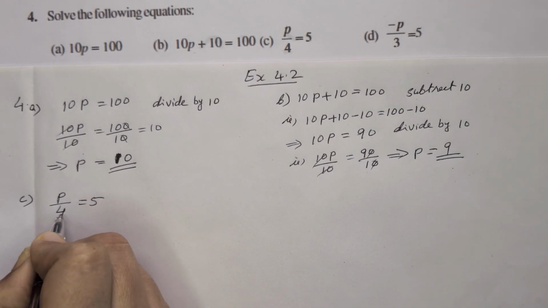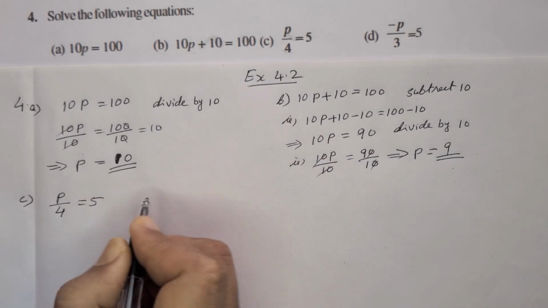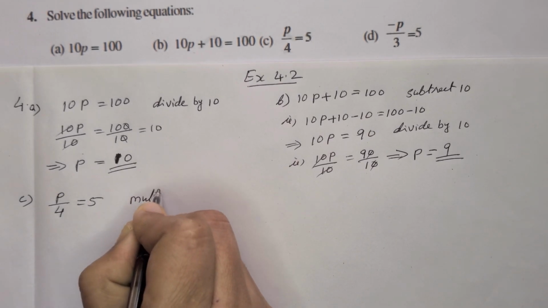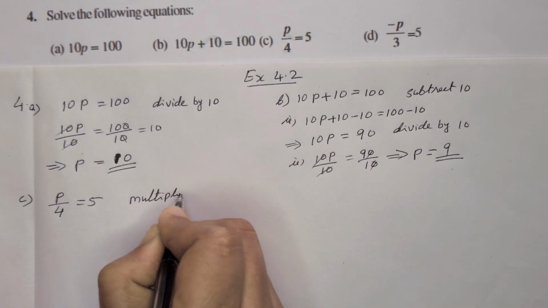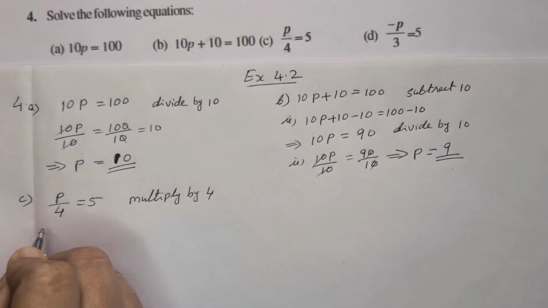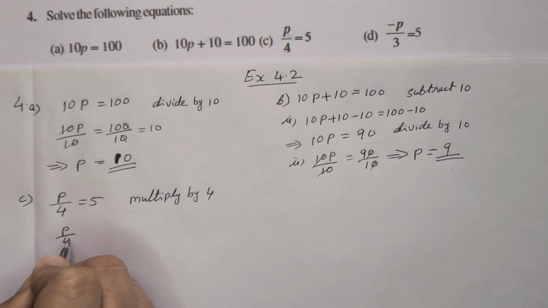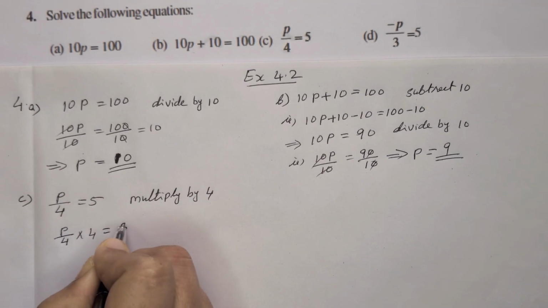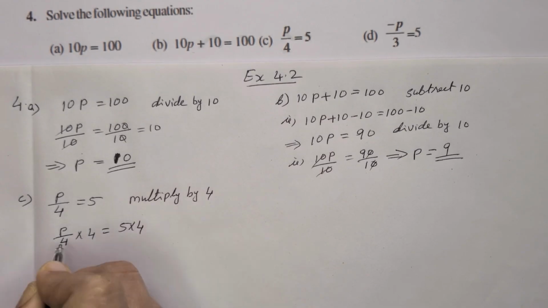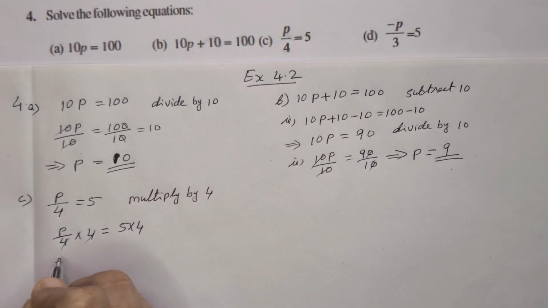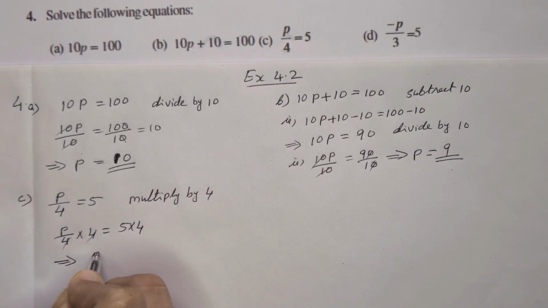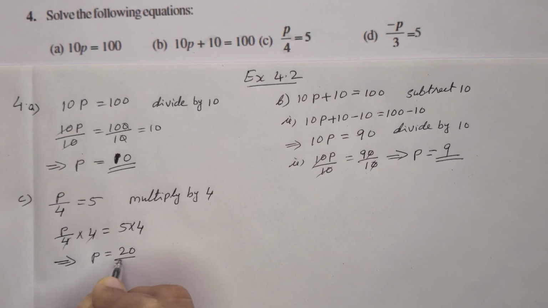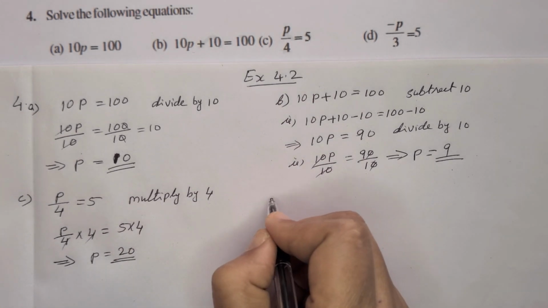To remove this 4 from the denominator, we have to multiply by 4. P by 4 into 4 is equal to 5 into 4. 4 and 4 will cancel. That is P is equal to 20. Next one,